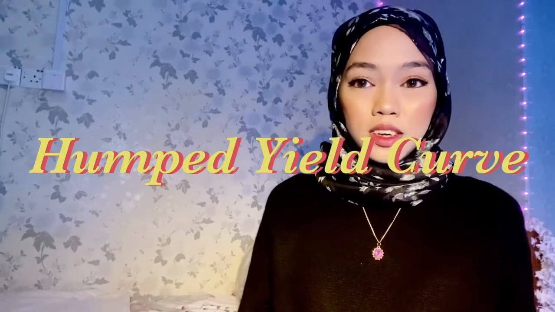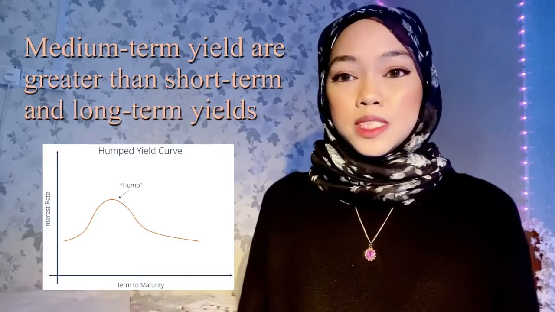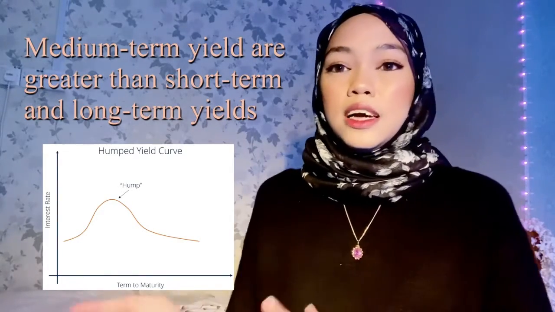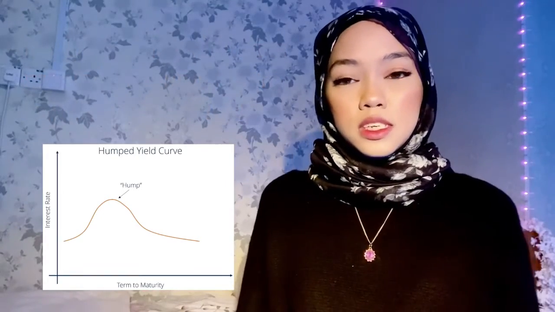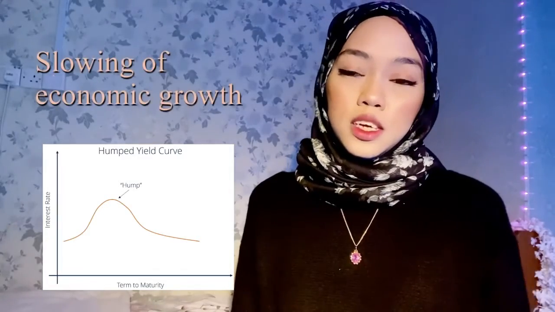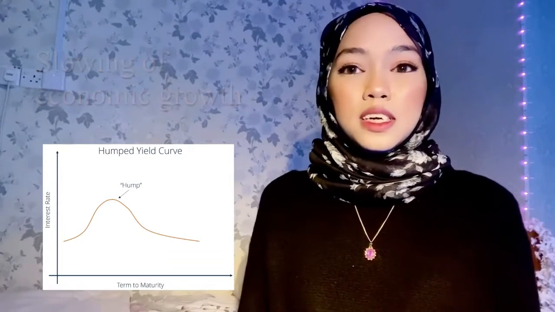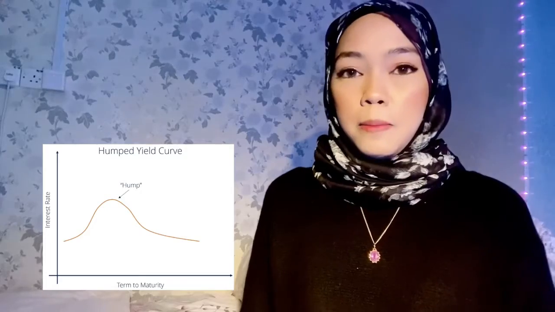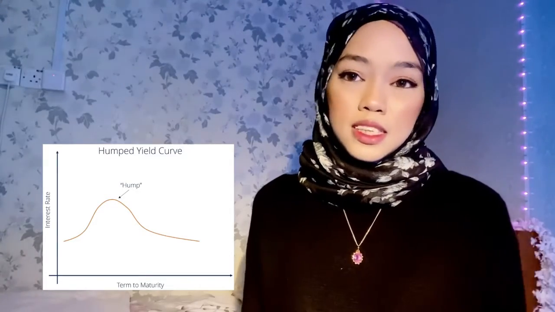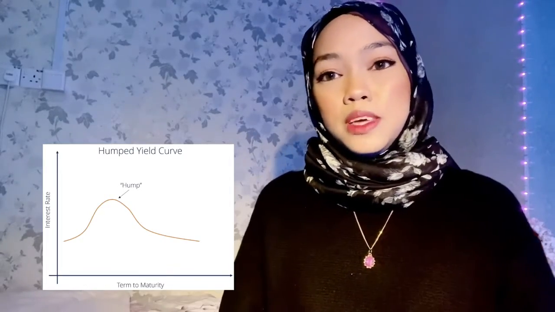Hi, my name is Atira binti Abrahaman. I will talk about the hump yield curve. A hump yield curve occurs when the medium-term yield is greater than both the short-term yield and the long-term yield. A hump yield curve is rare and typically indicates slowing economic growth. It does not happen very often, but it is an indication that some period of uncertainty or volatility may be expected in the